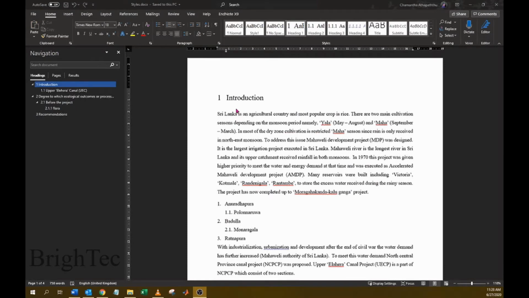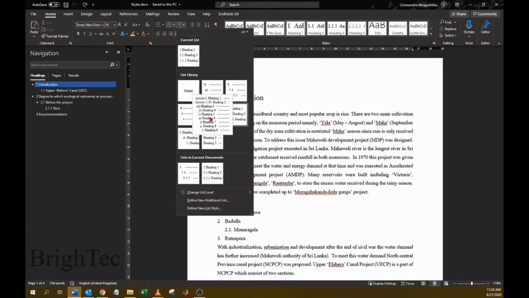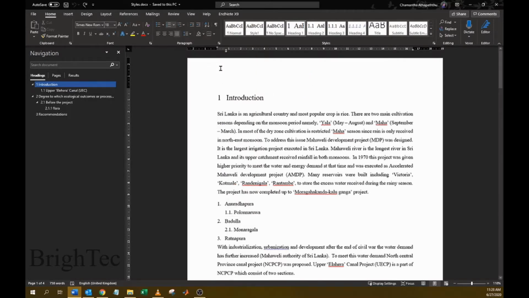Similarly, there are several other built-in numbering systems, and you can choose any of these depending on your requirement. But if you are not satisfied with any of these built-in systems, you can define your own numbering system. However, to demonstrate the defining of numbering systems, I will remove the numbering system here.